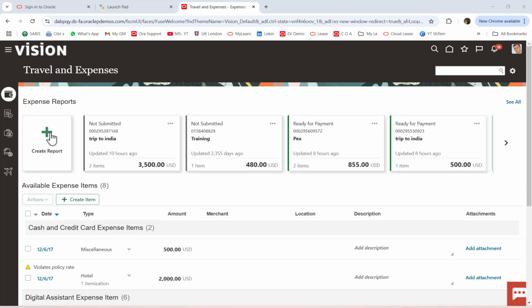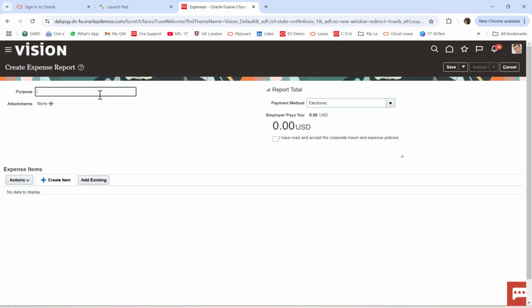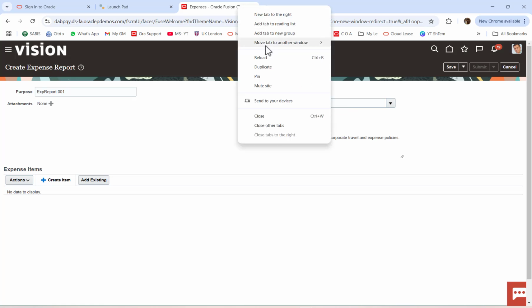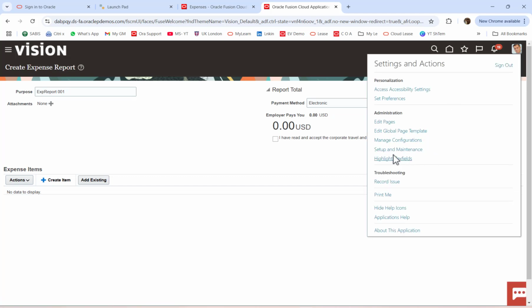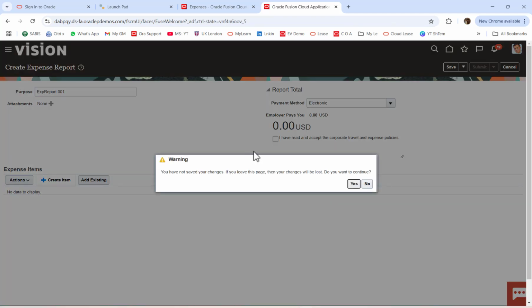So to create expense report, just go to create expense report, then enter the purpose of this expense report 001. What is the payment method? This payment method you can manage to enable or to allow the users to select the payment method through manage expense system options. We already discussed about these options, that through there you can allow either enable yes or no